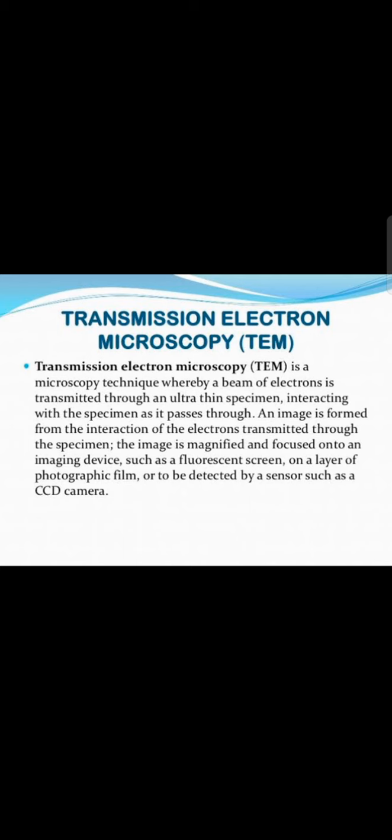What is the principle behind the transmission electron microscope? Let us see. Image formation in TEM occurs when electrons are allowed to transmit through the objects, that is the specimen, through a series of electromagnetic lenses, and finally the image is formed on a fluorescent screen. When a narrow beam of electrons passes through the specimen, individual electrons are scattered in various directions depending on the density of the materials on which they strike.